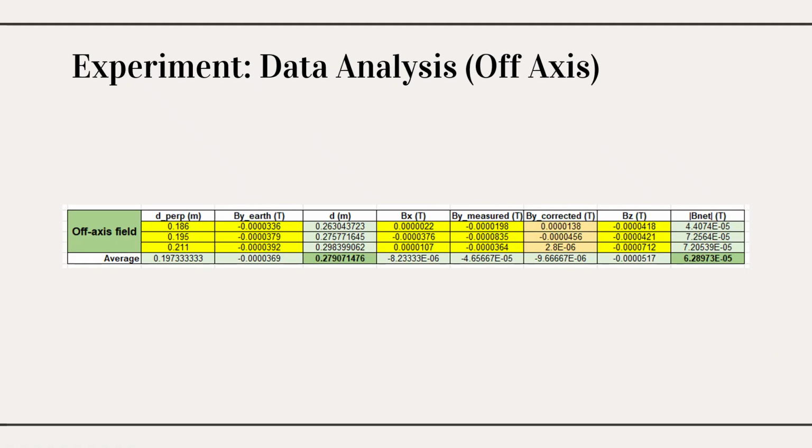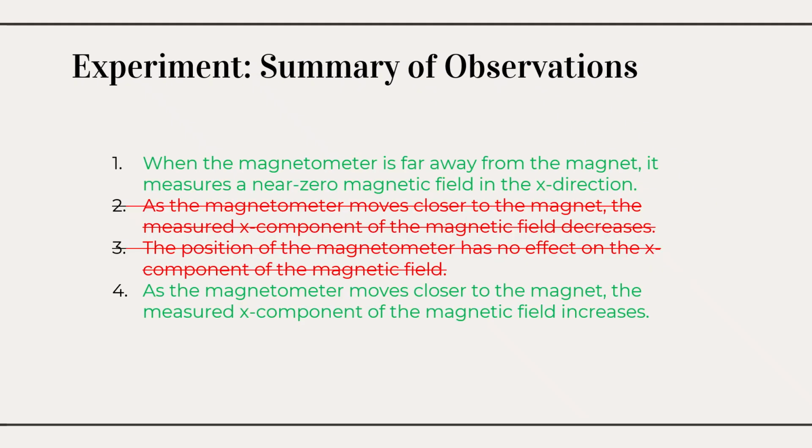And then this is the data that was found for off-axis measurements, which includes an average for the perpendicular distance, and very importantly, of course, also the magnitude of the magnetic field at this 45-degree angle in the picture that was shown previously. So just to answer the given question about observations, the correct statements are number 1 and number